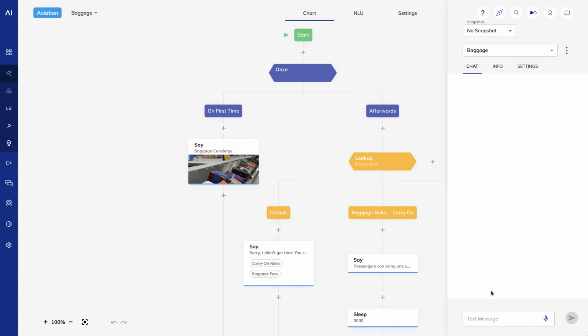I'll show you a few features we haven't looked at yet in the chat view. At the top, we can select a snapshot. We'll cover snapshots later in this course. For now, know that it's like a versioning mechanism for your agent, so you could test your conversations using a version of your agent from last week versus this week. A real-world example would be testing a conversation on the production version of your agent versus a work-in-progress version of your agent.